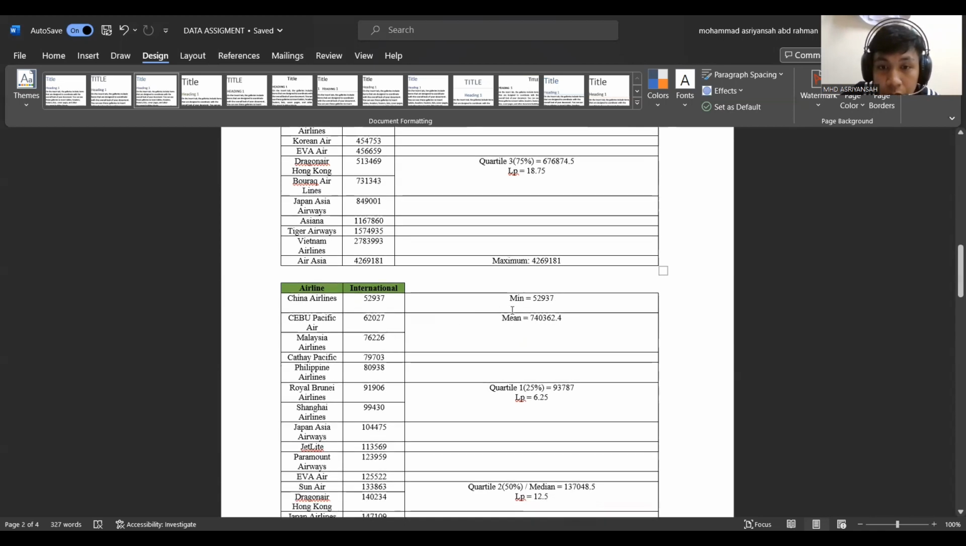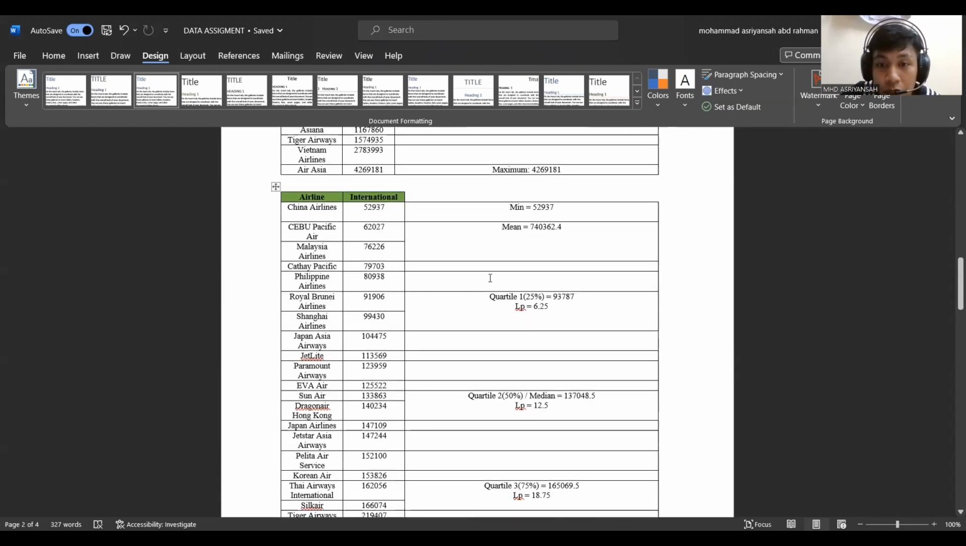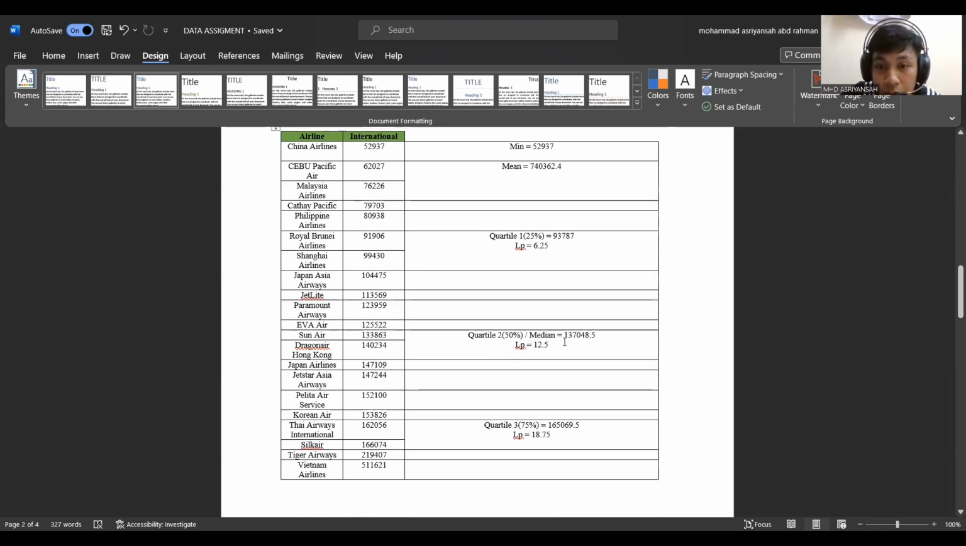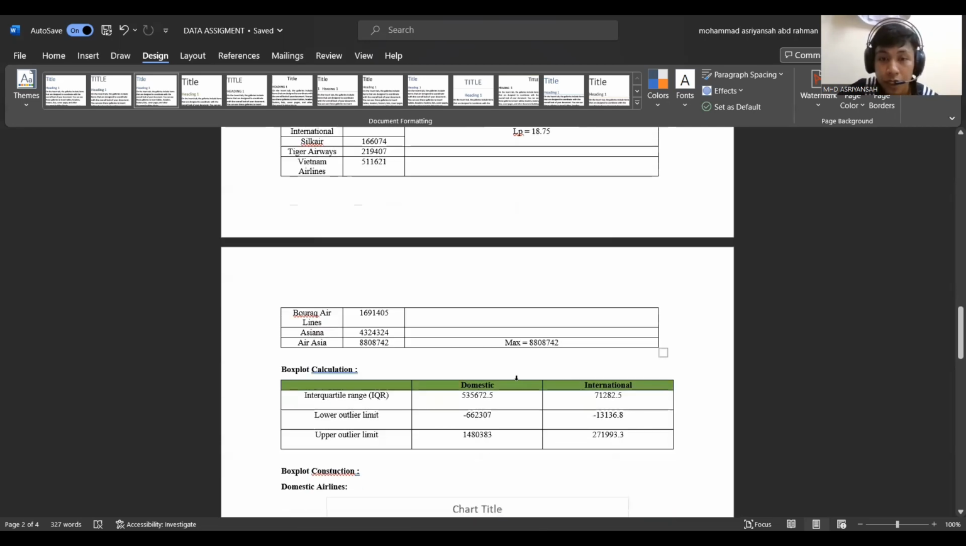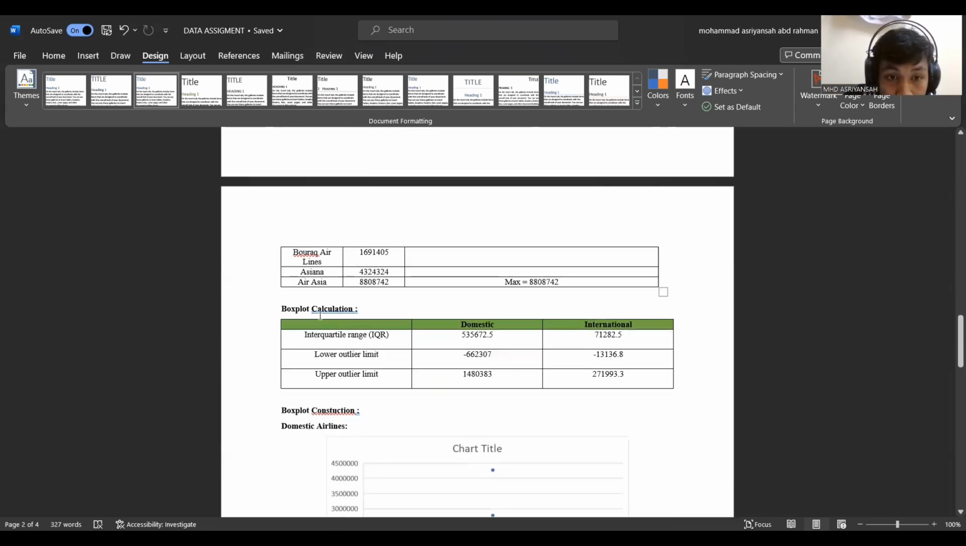The mean for the international airline is 740,362.4. Quartile 1 for the international airline is 93,787. Quartile 2, the median, is 137,048.5. Quartile 3 is 615,069.5 and the maximum is 8,808,742. For the box plot calculation, the IQR for the domestic airline is